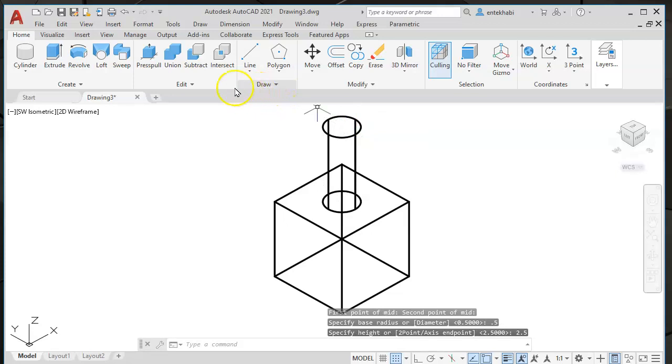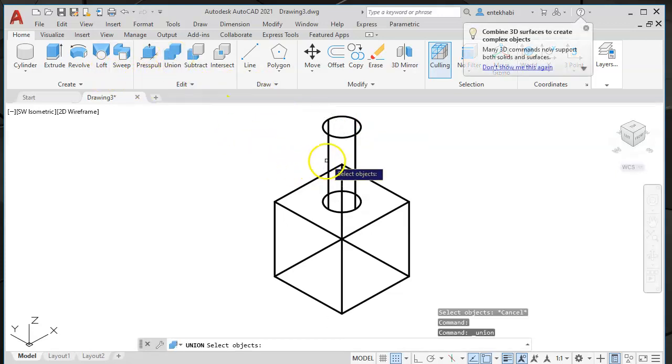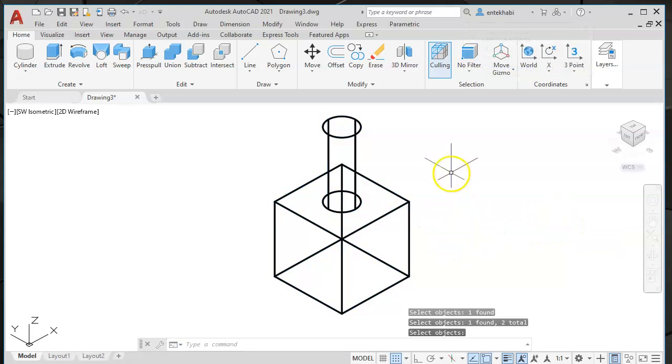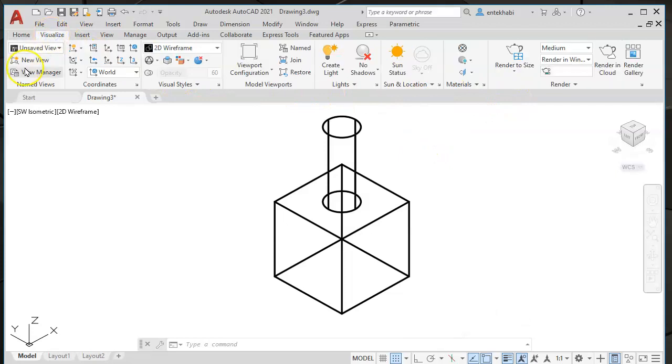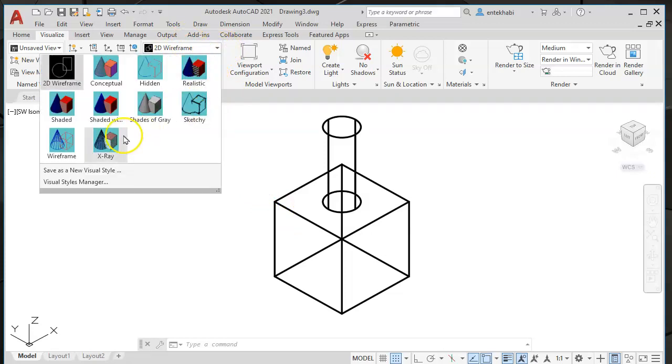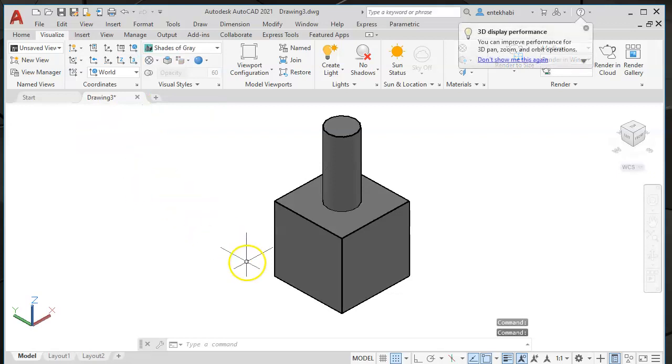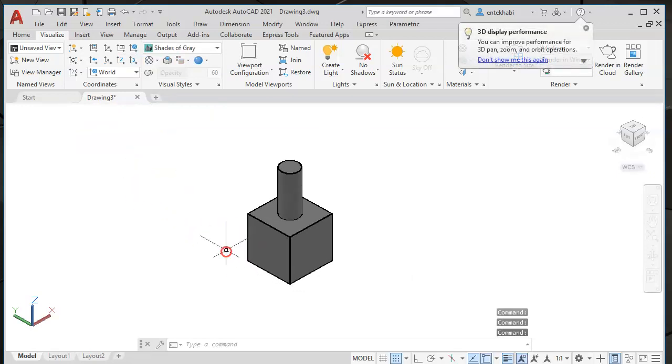At this time, you may want to union, joining these two solids to become a one composite solid. You may want to switch your visual style to, under the visualization. Right now I'm on 2D wireframe. I select the shades of gray option, and now I can add some